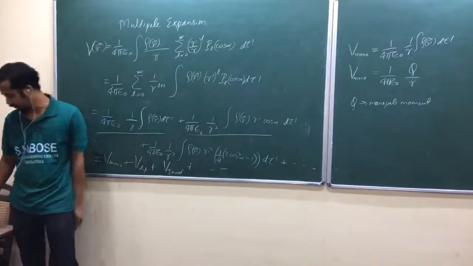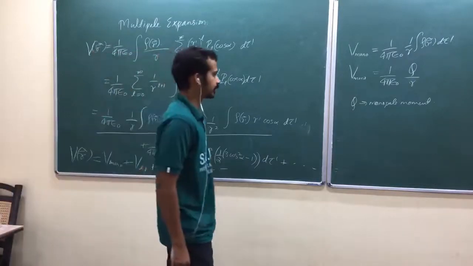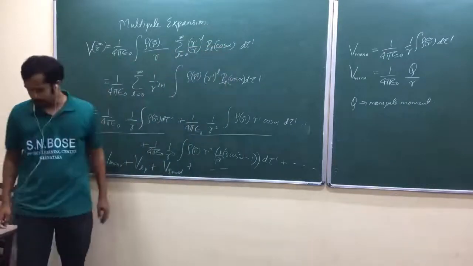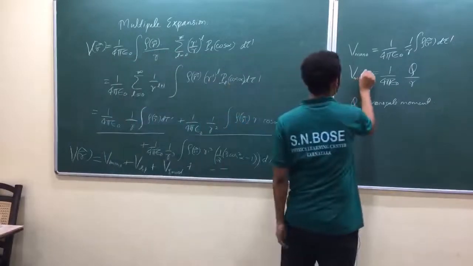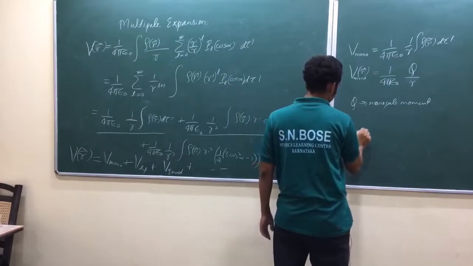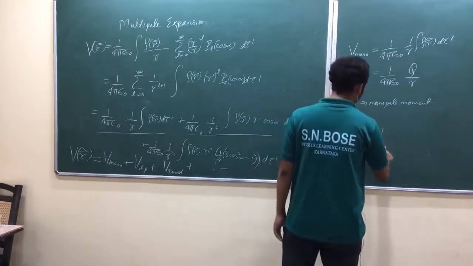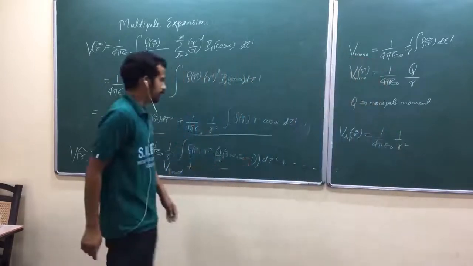Okay, so that is again a lot of questions in the GATE exam. Very frequent question in the GATE exam. You need to practice this one. Monopole moment, then dipole term. Let me write the dipole moment. Monopole moment as a function of R, again like that. V dipole term: 1 by 4 pi epsilon naught, 1 by R square, inside the integral.